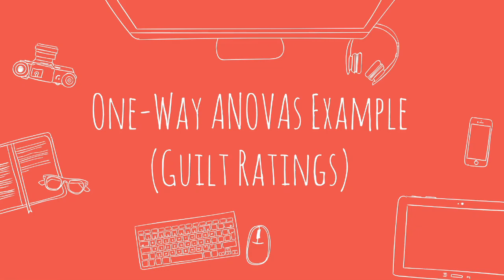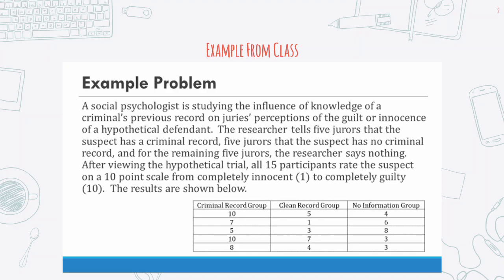in 3 different conditions. In this example, we are looking at a study where social psychologists are curious whether or not they can affect juries' perceptions of the guilt or innocence of a hypothetical subject. In one group, the jurors are told that the subject or the defendant has a criminal record. In the other, they are told that the defendant has a clean record, and in the third, they have no information. The idea is to find out whether or not knowing someone's background sways future decisions and future perceptions of